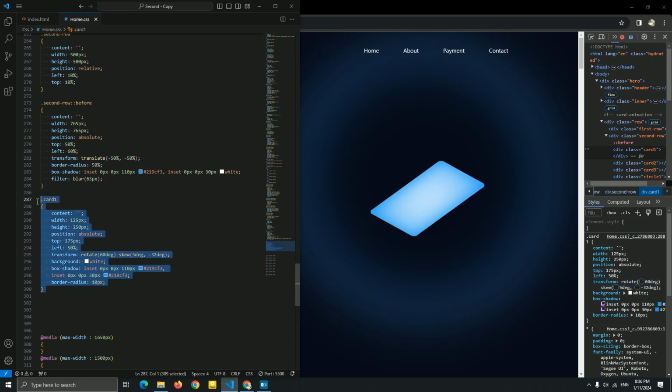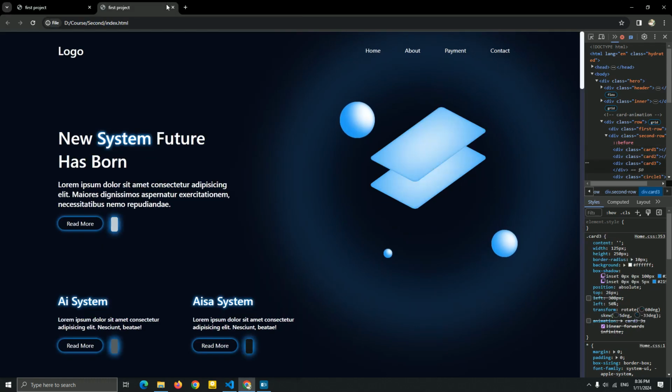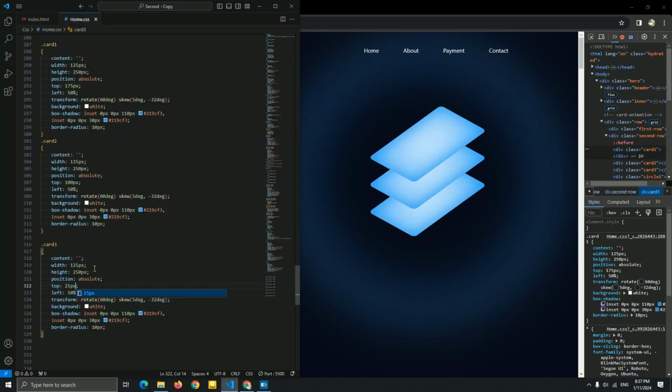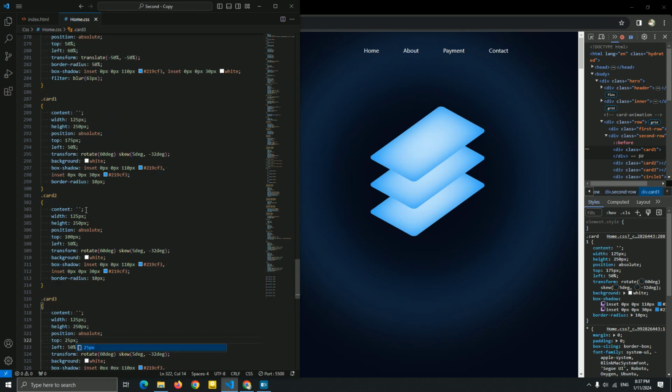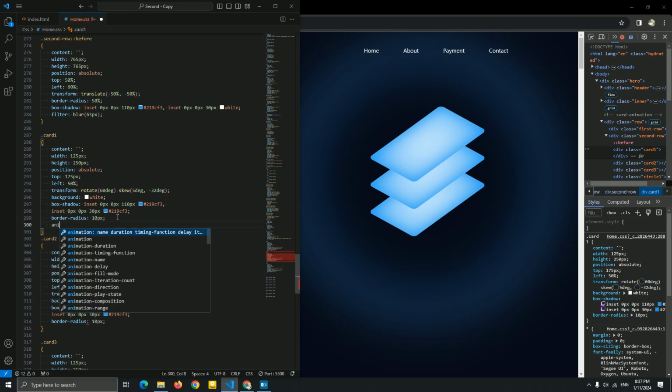Very simple. So for the card 2, I need to add a top, let me see, 100 pixel. Yeah, this is our card 2, which is a center, just like this website, as you can see it. So this is our card 3, which is a top, and this is our card 2, and this is our card 1. Now let's go create animation for this card. We don't need to add animation for this card 2 because it's a center, no need to change it. Just need to add animation for this card 1 and the card 3. So I'm gonna add it here, animation, card 1.